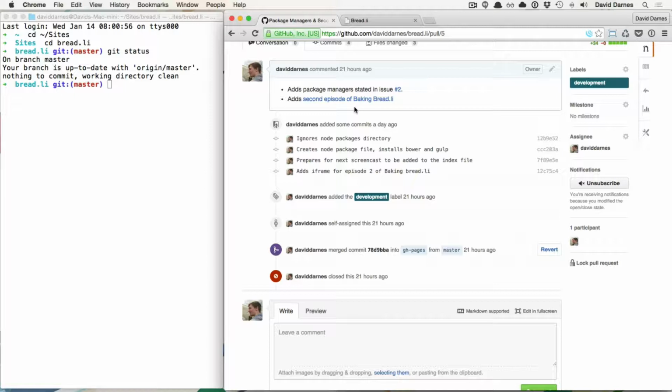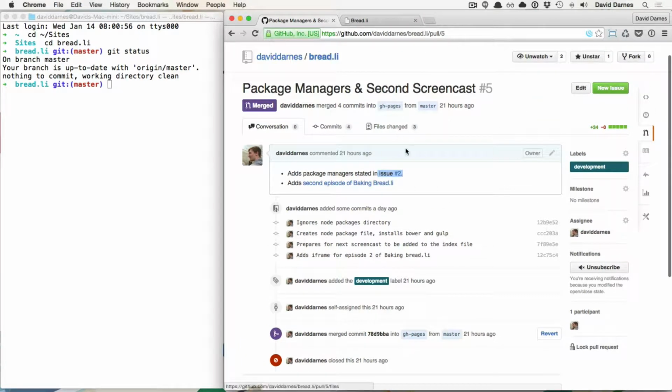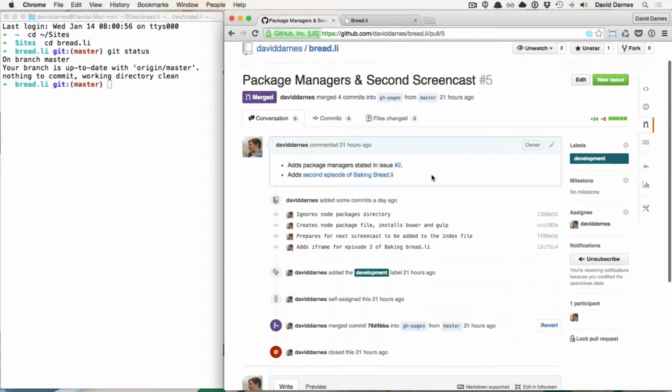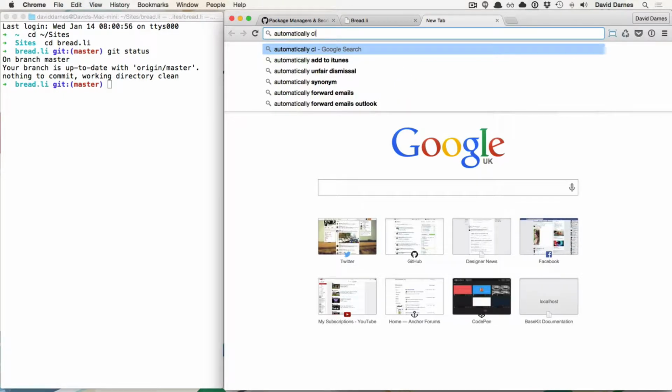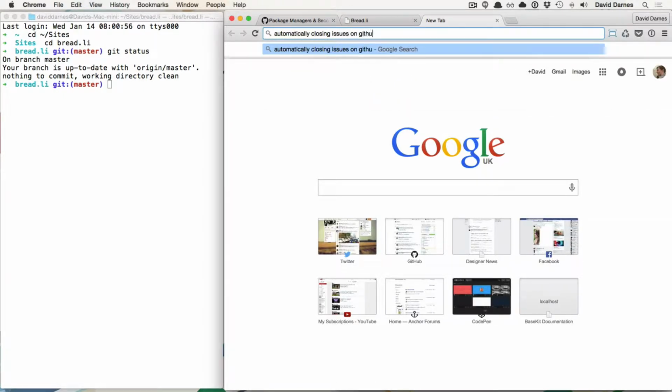So you can also do, like, if you were doing a commit to fix an issue, you can do fixes space hash 2, say that you want to fix this, say this is an issue and you want to fix it, you could put a commit in, put fixes hash 2, for example, and it will close the issue on GitHub automatically because it's seen that you've put the term fixes space hash 2. Or you can put fixes or fix or fixed, and as long as you prefix it in some manner of that way,